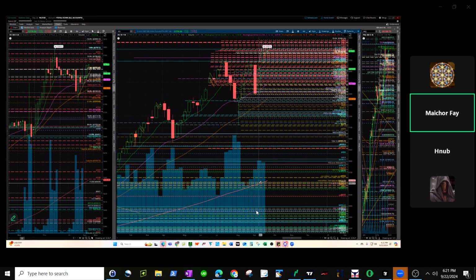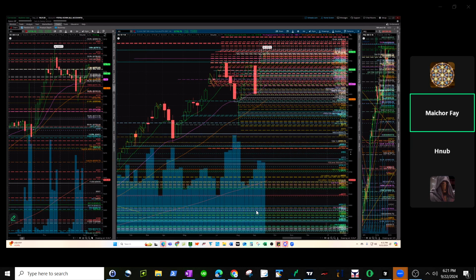I go back and delete my support and resistance, but I keep all of my supply and demand zones. If they're not broken, I keep them all. If they are broken, then I delete them. But if they're still fresh and new, they only have one or two touches and they're not invalidated, then I